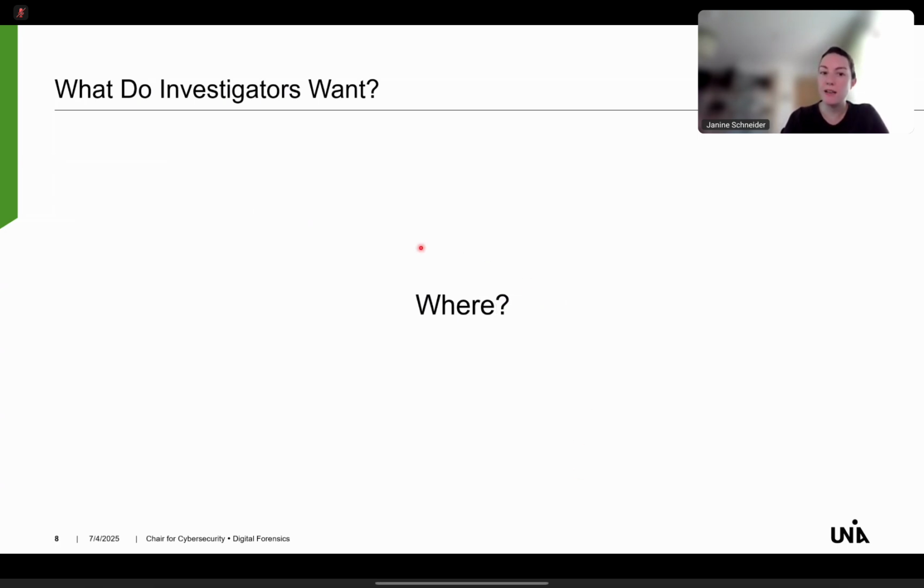The next question we want to answer in order to get something that is near to the truth is, where did it happen? So this is the question that asks for the crime scene. And this is easier to answer for physical crimes. For example, for burglary, it's pretty easy to say